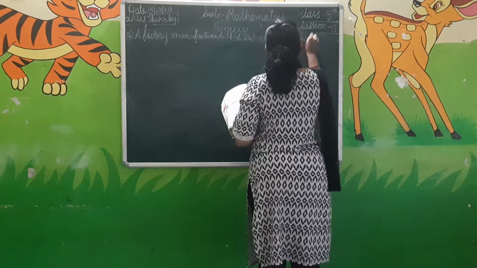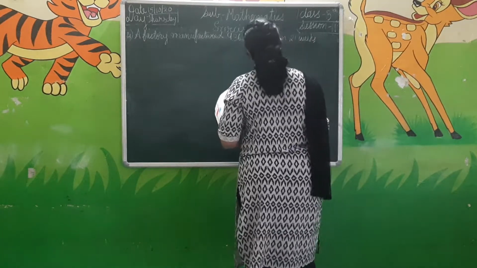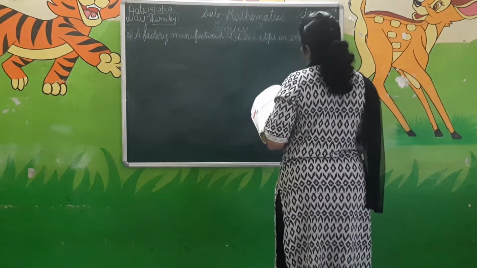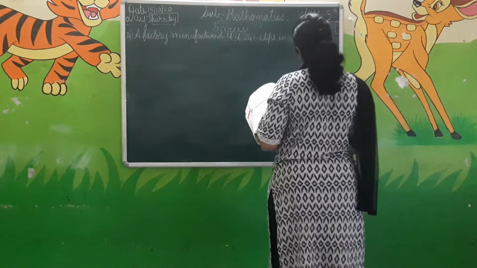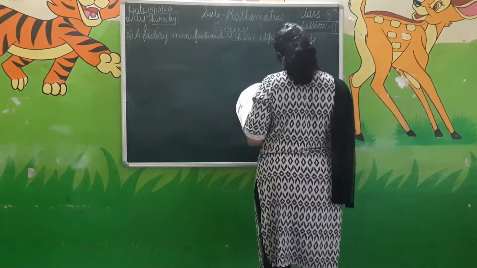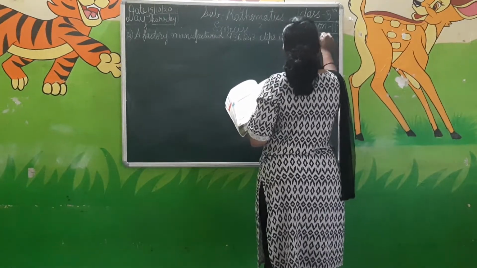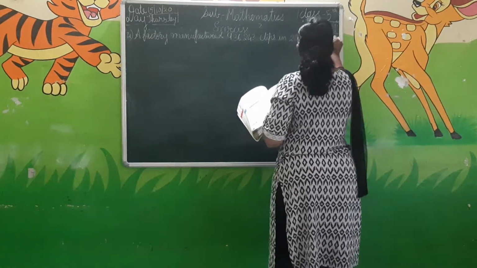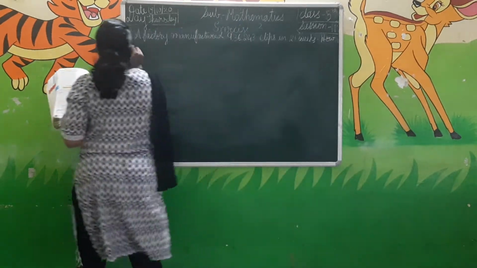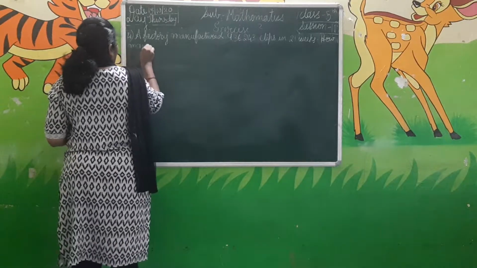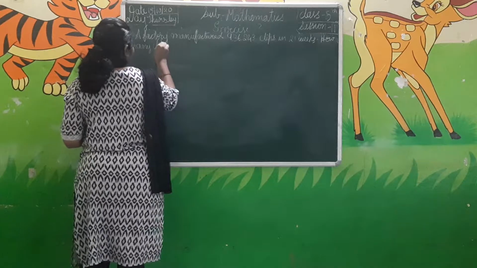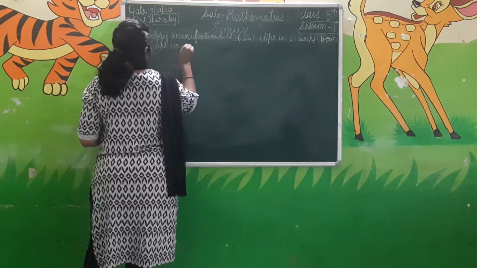In 21 weeks it has manufactured how many clips? 9,36,243 clips have been produced. Now we have to find how many clips are manufactured in 1 day. How many clips are manufactured